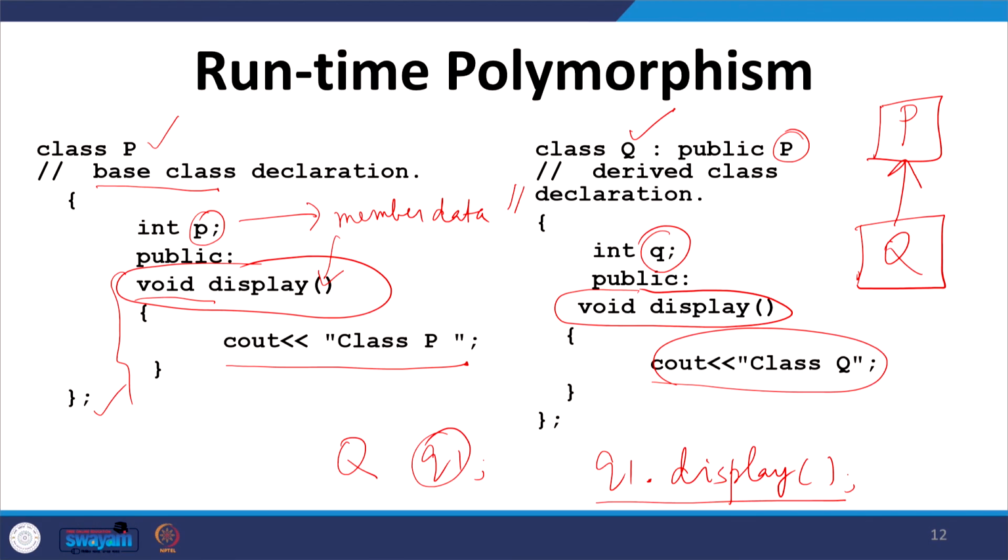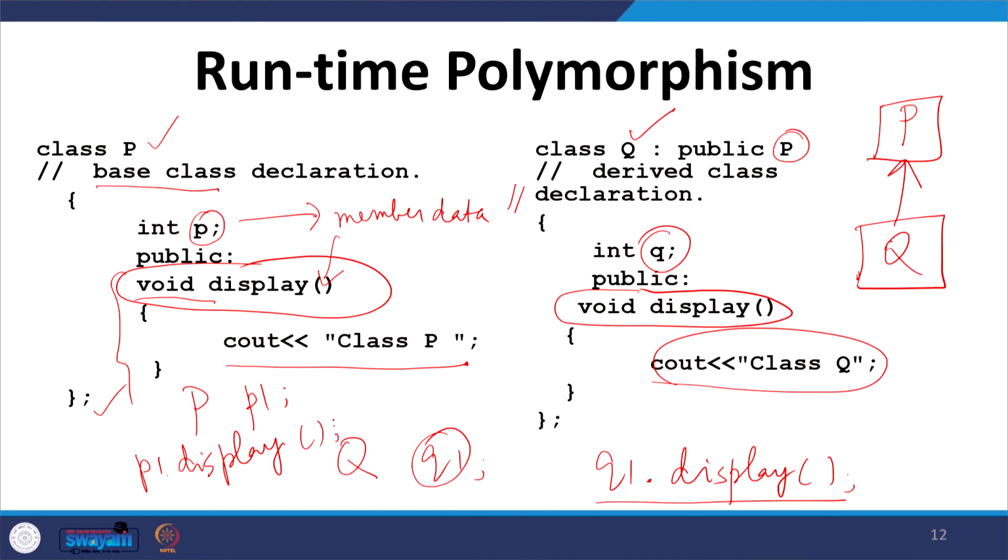Extensively we are going to study many of these, because we can create, let us say, P1, and then P1 dot display, because I have not introduced constructors and all. So, we can play with that. So, P1 dot display.